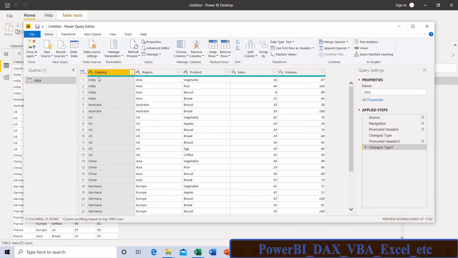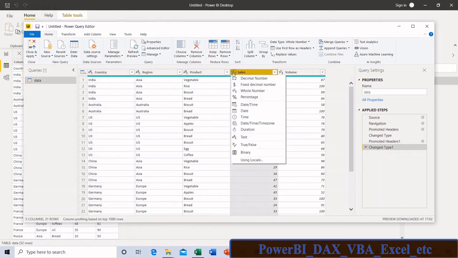I will just give you an overview. Through this query editor you can change the type of data. Click here. Now you can see that 1 2 3 means this column is a number, a whole number.